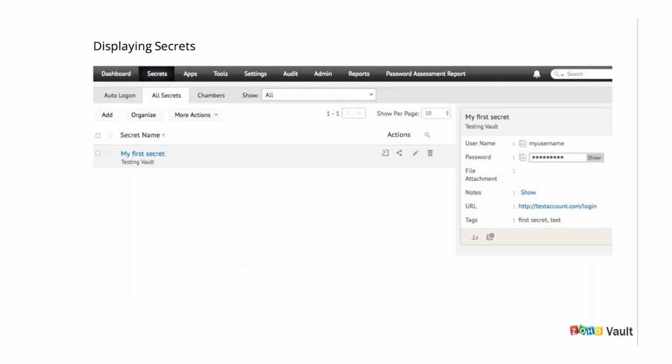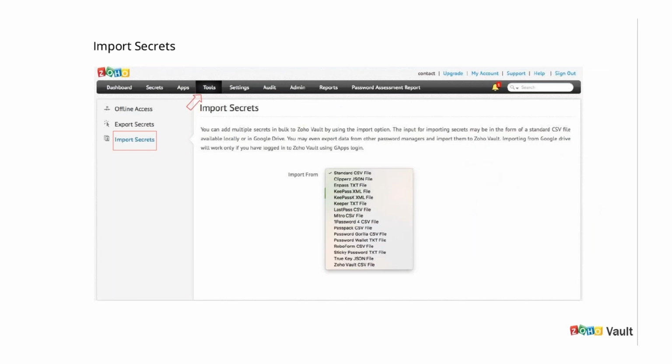So this is for people who are new to using a password manager. If any of you guys have already used a password manager before, you might want to know how to import whatever you've stored in your other password manager onto Vault. So in that case, you can switch to the Tools tab and click on the Import Secrets option, from where you'll be able to import your text files or CSV files from other password managers like 1Password, LastPass, RoboForm, your KeePass, and all that stuff.